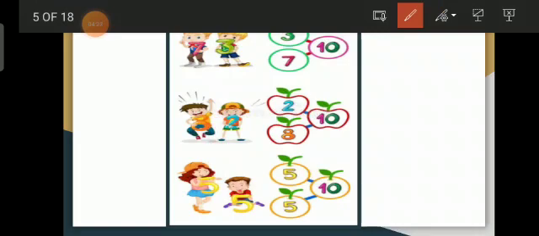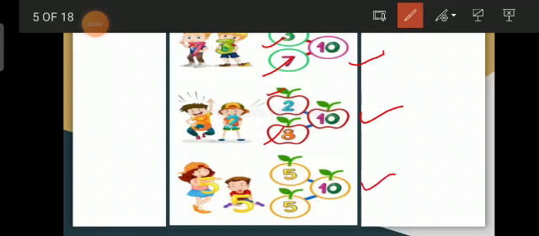Okay, 3 and 7. Keep 7 in your mind and add the 3 fingers to it. The total will be 10. Very good. Now 8 and 2. Which number is the big one? 8 is the big number. So keep the big number in your mind and add the 2 fingers to it. 8 and 2. When we add these two numbers, the total will be 10. Very good. 5 plus 5. Add 2 times 5. The total will be 10.